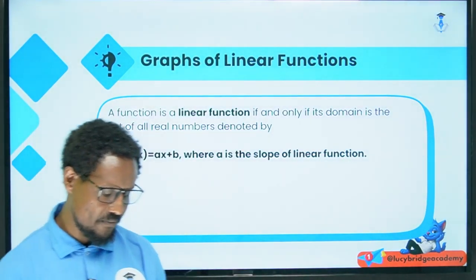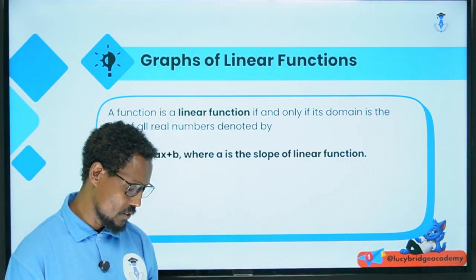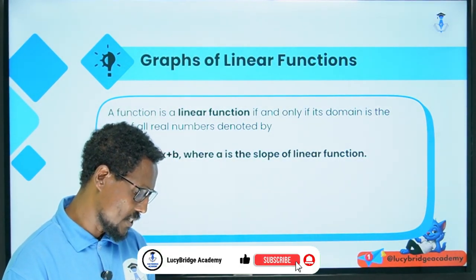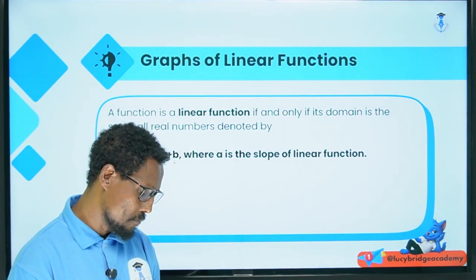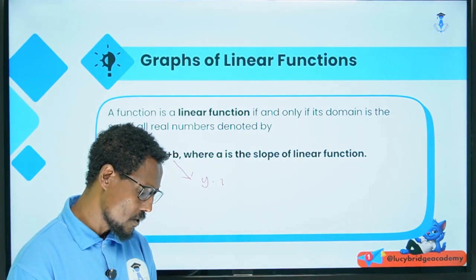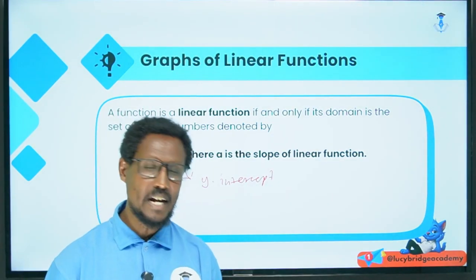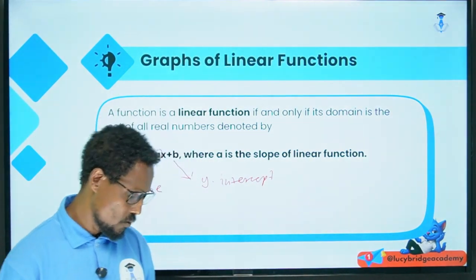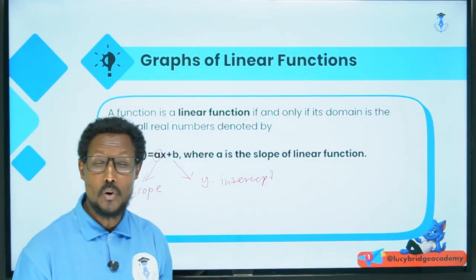Look, a function is a linear function if and only if the domain is the set of all real numbers denoted by f of x, which is equal to ax plus b, right? Now, a, the coefficient of x, we call it slope of the line, whereas b is y-intercept. Y-intercept, that means the graph crosses the y-axis at b, right? At b, graph y-axis at b ላይ cross ያደርጋል ማለት ነው።